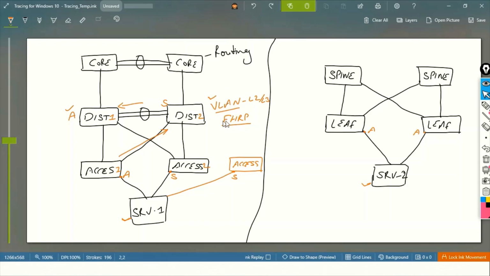So that concept, this FHRP technology, has been removed here. We are not going to use any FHRP protocol over here in leaf and spine. Why is that? Because it gives us the flexibility that you don't need to run only 2 distribution switches.